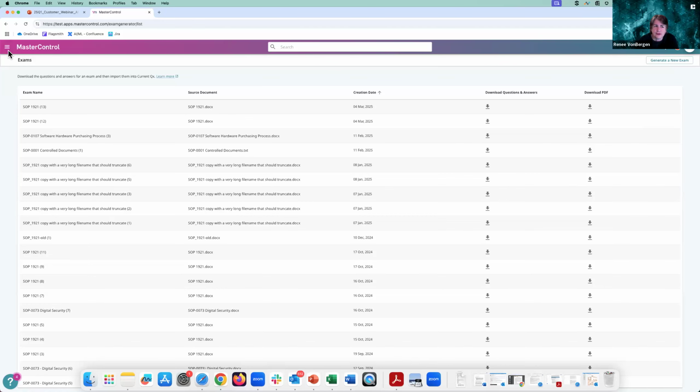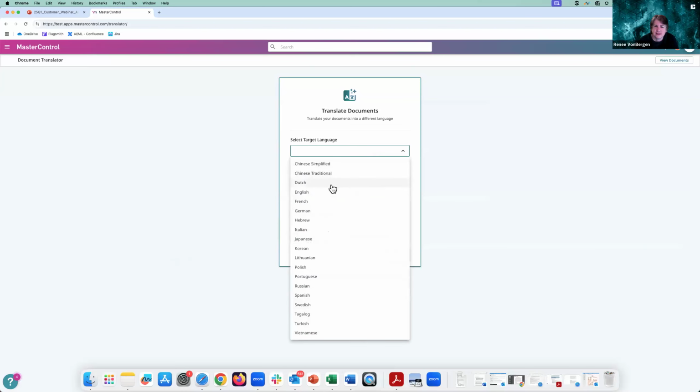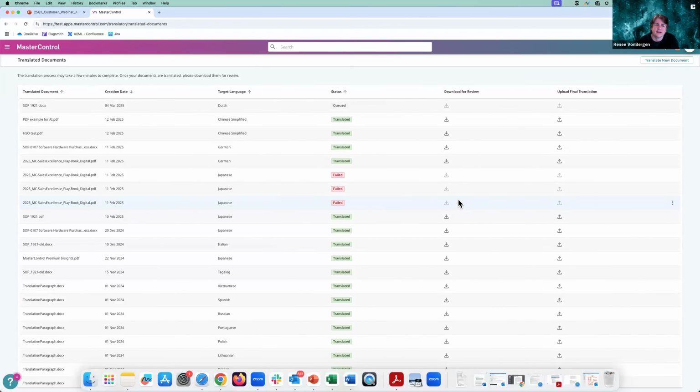All right, let's go over to Translator. And this is pretty much a black box. There's not really anything interesting here to show. I'm going to drag in my same document and let's see, we'll put it into Dutch, sounds good. And we'll translate that. Again, I could have dragged in or selected up to 5 documents at once, and it puts it into, I see a state here, for instance, where it's queued. It will start translating soon, and then when it's translated, it shows here as successful. If it doesn't translate, you'll also get an indication of that so that you can go back and